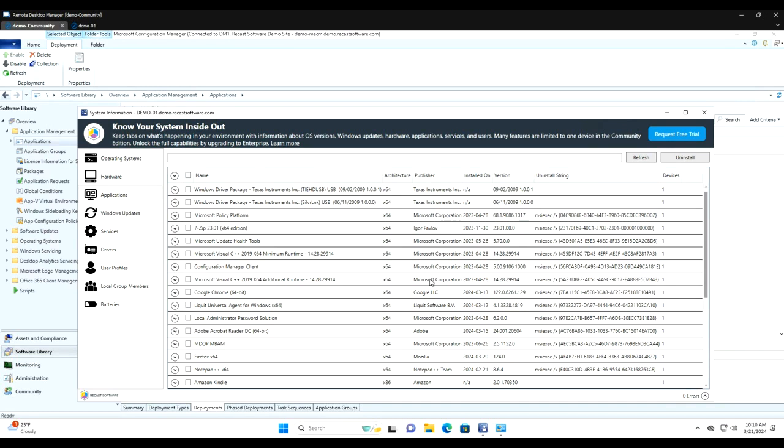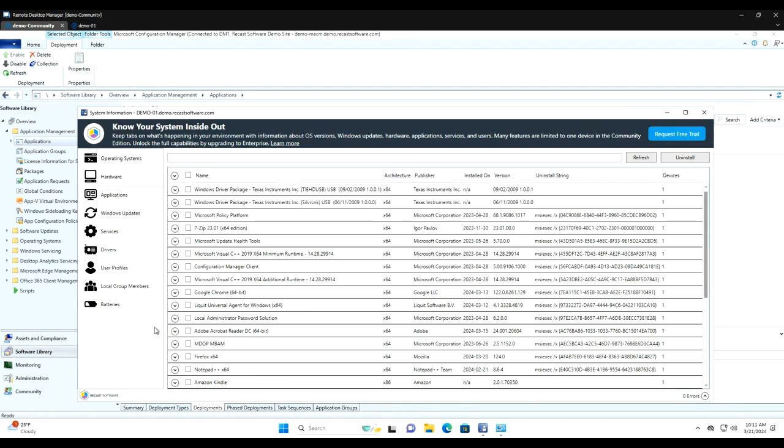So with the right click tools, in the community edition, you can only select a device at a time. So you are kind of limited on efficiency because you only get one device, whereas with the enterprise version, you can run these tools against multiple devices. You can run it against a whole device collection. You have a little bit more options